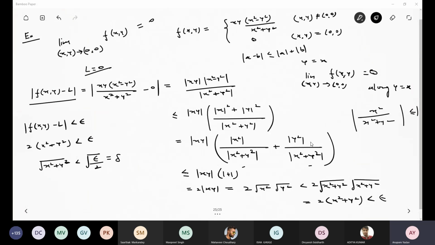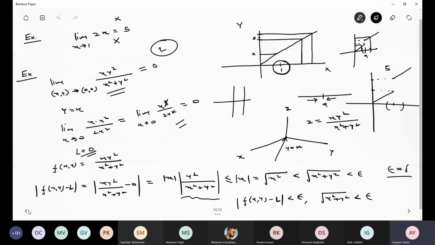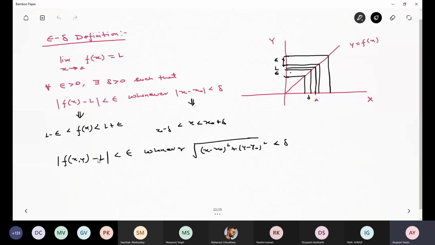तो वो x square plus y square less than epsilon कैसे आया? या फिर हमने वो चूज किया ना, this we choose, क्योंकि definition क्या कहती है कि |f(x,y) − l| less than epsilon, ये epsilon से कम है whenever this is less than delta. तो इसलिए किसी एक inequality को तो हमें लेके चलना पड़ेगा और दूसरे को प्रूफ करना पड़ेगा। तो इसको दो तरीके से हम कर सकते हैं।